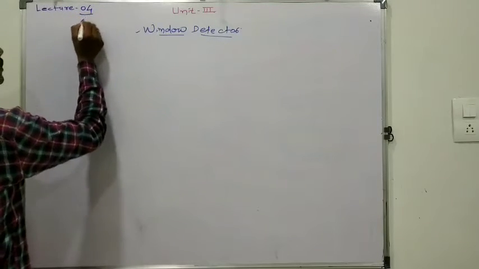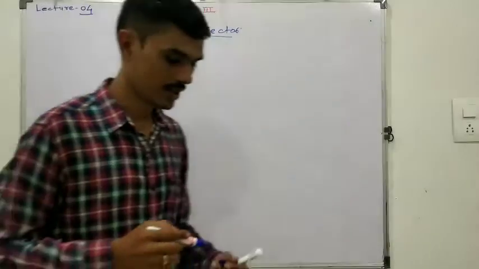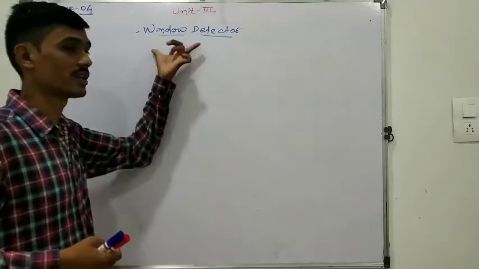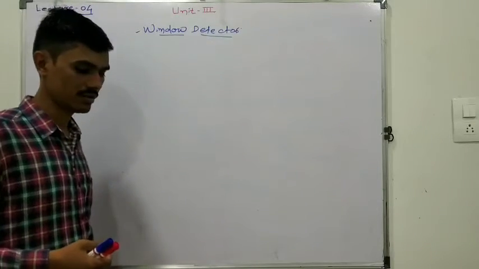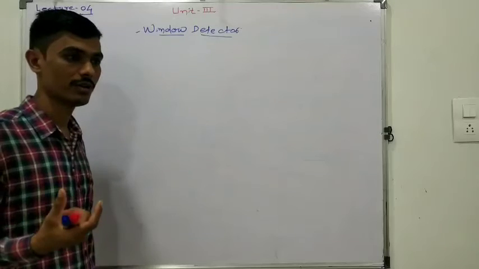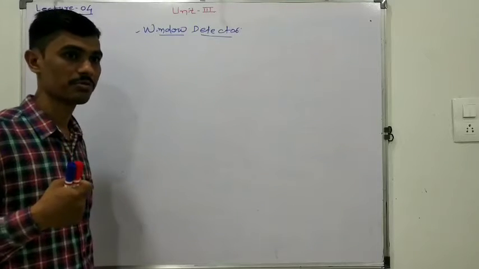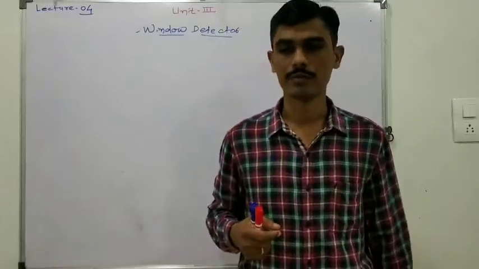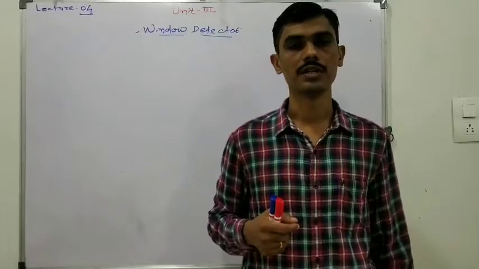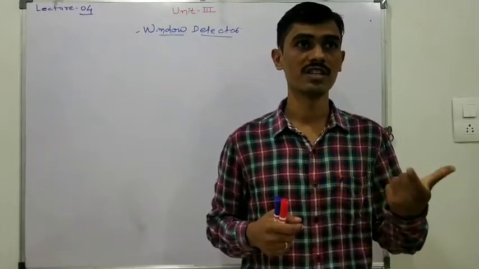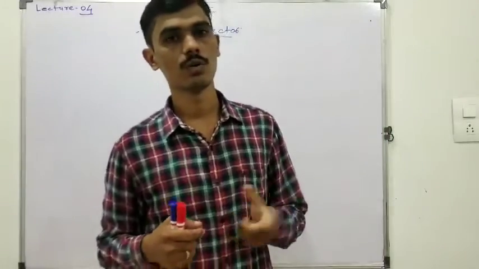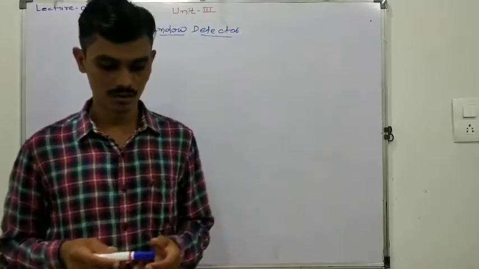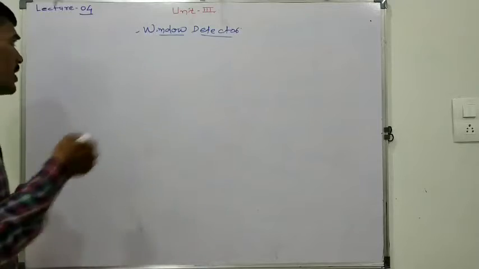Welcome to lecture number 4 of unit 3, which is related to the window detector. In the last lecture, we talked about what a window detector is, and we solved one problem having a voltage window of 5.2 to 6.5. In that problem we designed a circuit which detects a voltage. If the voltage is in between this range, then we glow one LED, and if it is out of the range, then we glow the second LED. Now the second problem related to the same window detector is: